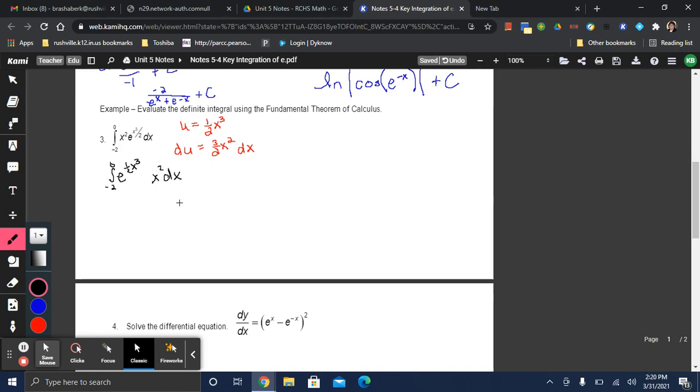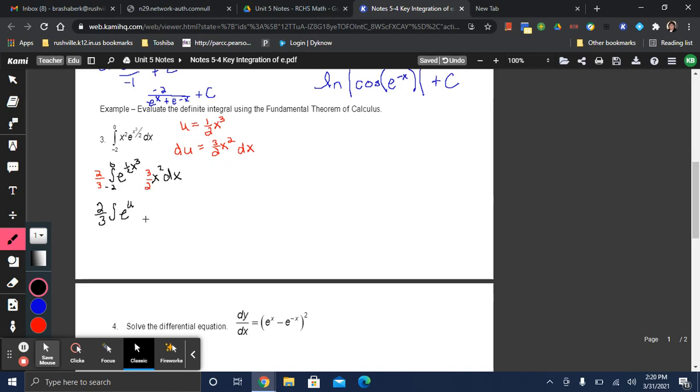So I need 3/2 multiplied by my x squared dx. So I have to balance that with 2/3 on the outside. And so in my rewrite, I will have 2/3 times the integral. Now I'm going to switch to e to the u,